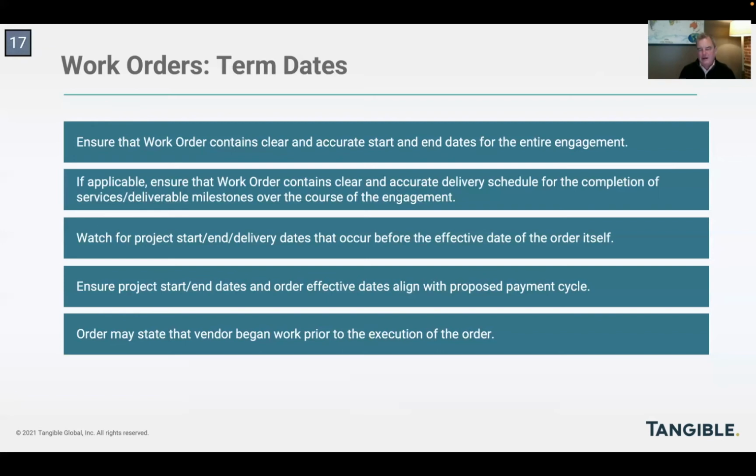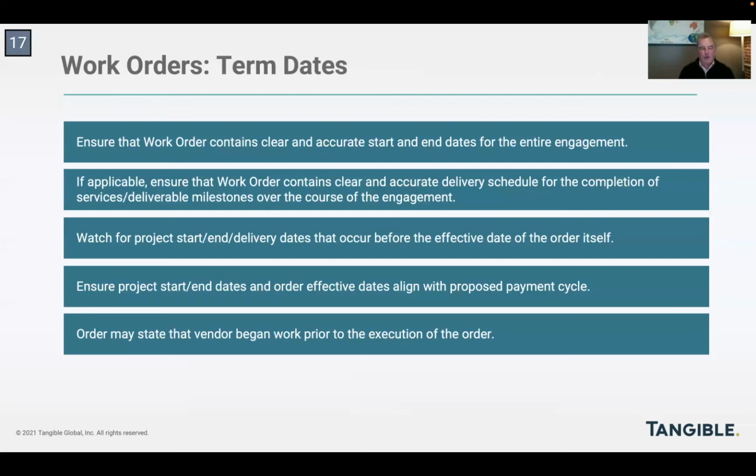Similarly, you'll want to make sure that the payments that the client has agreed to align with project milestones. Sounds simple, but if, for example, the client is supposed to make a payment, a significant payment, before delivery of a milestone that's associated with that payment, the client may then be committing to making a payment for a milestone that's not successfully completed by the vendor. And that also can lead to a fuss between vendor and client and disappointed expectations on the part of the client.